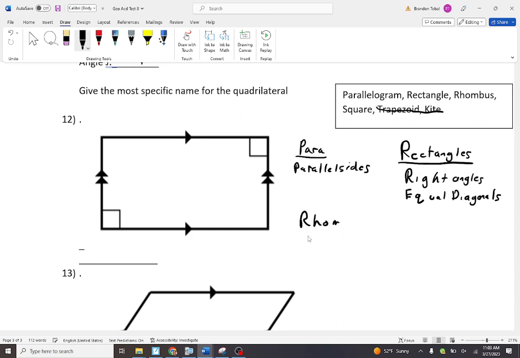Rhombus is kind of reverse. So in this case, they have equal sides. Parallelogram. I just shorthanded. So rhombus is a little reverse. Equal sides versus equal angles. In this case, the diagonals make a right angle. So diagonals